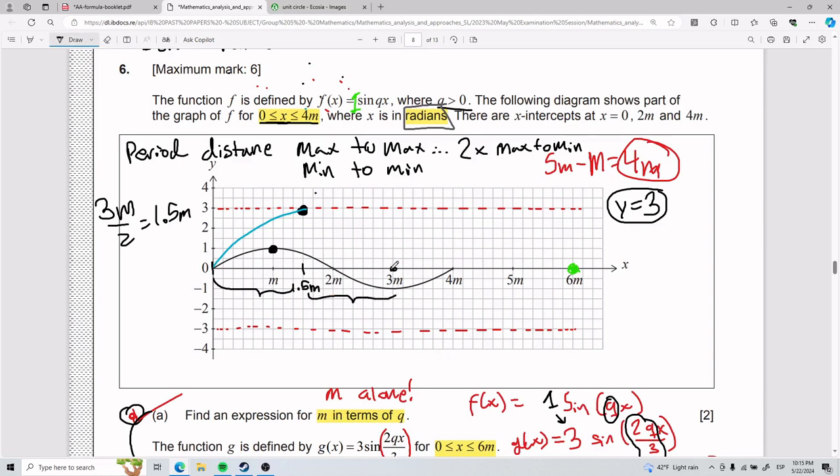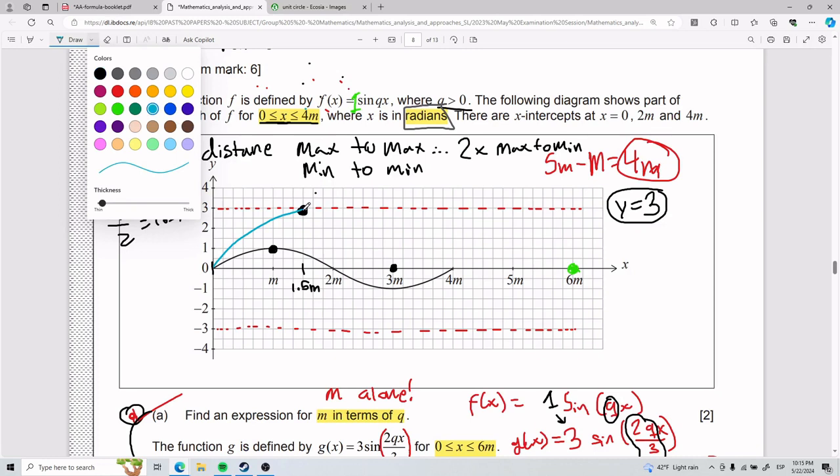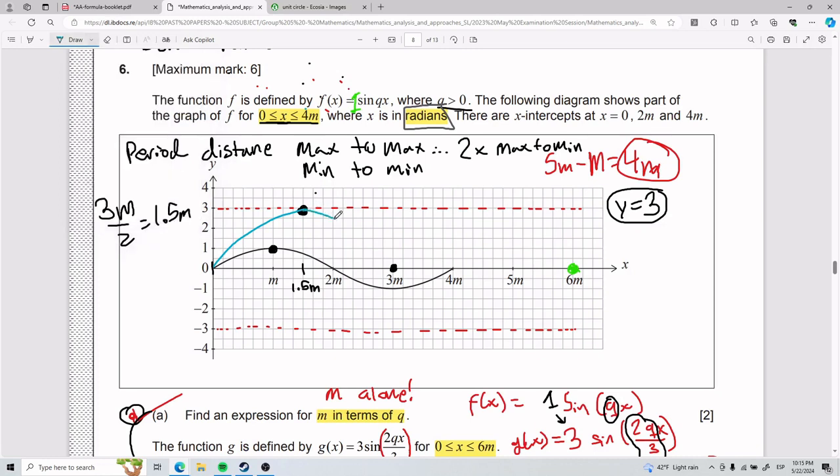So at 3m, you need to have one of your x-intercepts. So for g of x, you have your maximum here, then you cross the x-intercept over there. And then you add another 1.5, that means you end up at 4.5. So at 4.5 is when you're touching for your